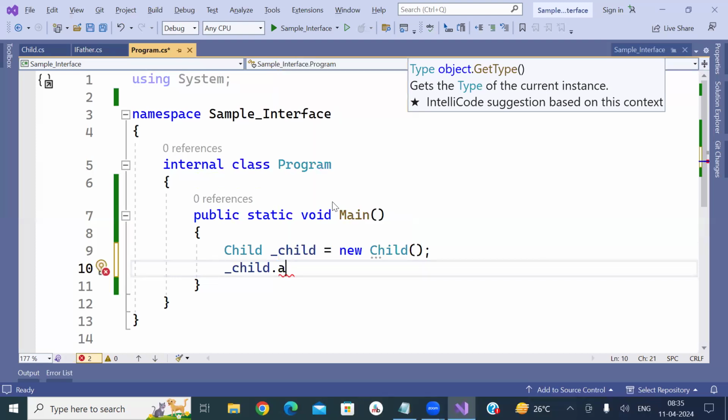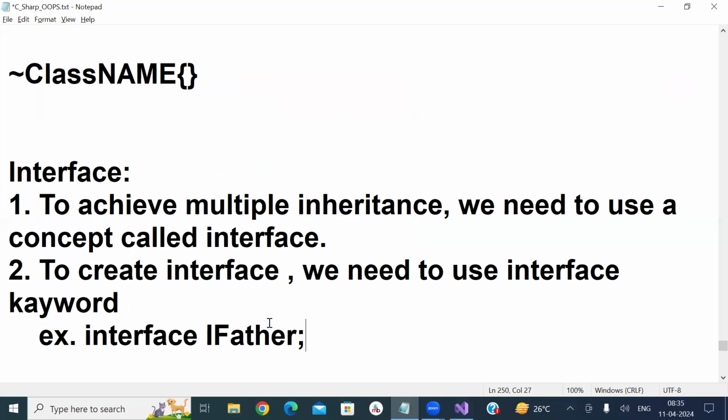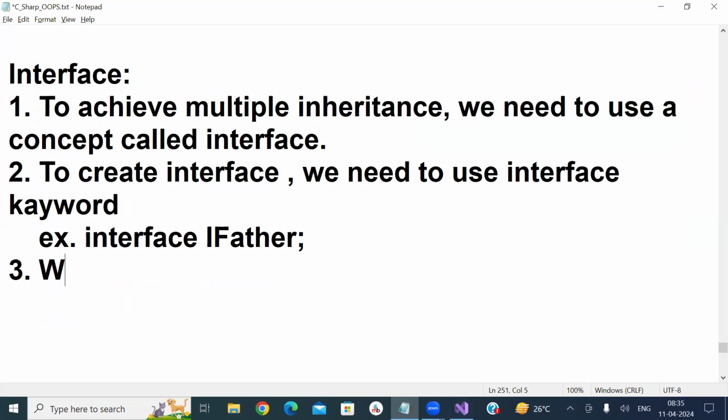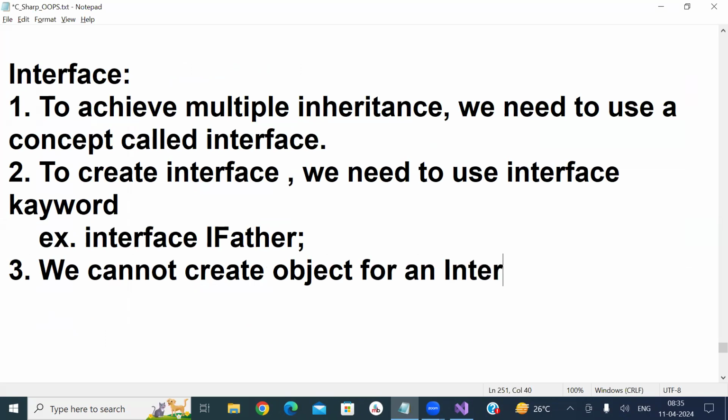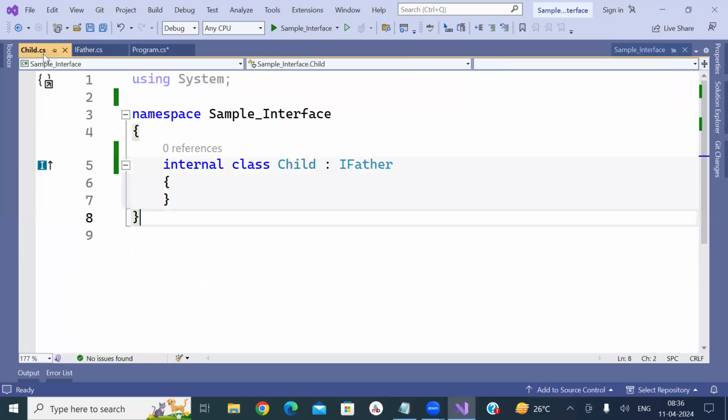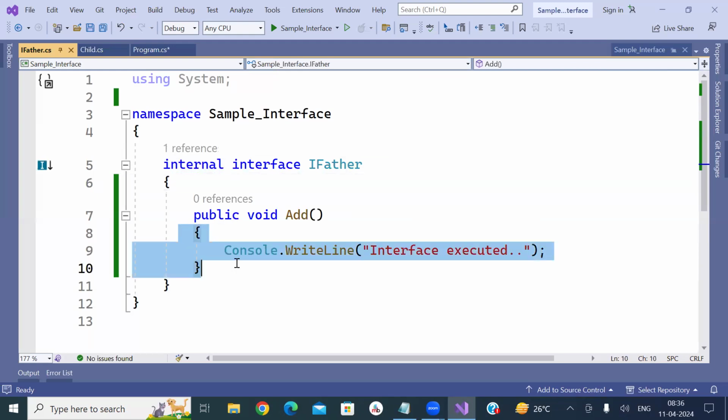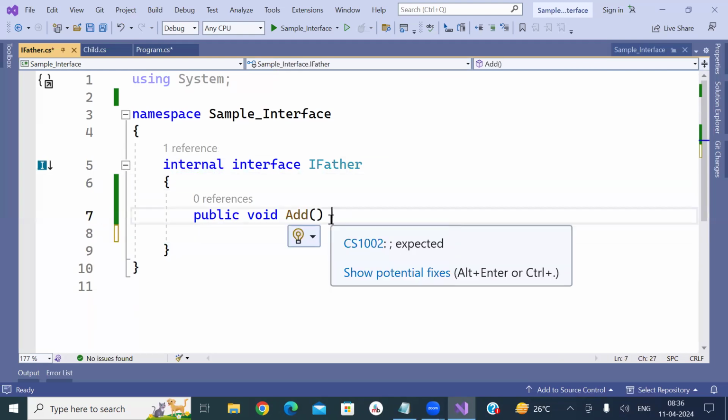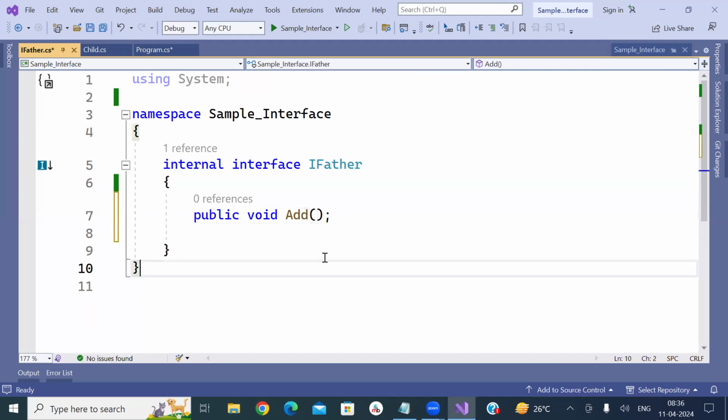Very clear. So the second point, third point, we cannot create an object for an interface. Did you get my point? We cannot create an object for an interface. So here, to implement interfaces, you have to declare, you should have only method declaration. You should not have method implementation. You should have only